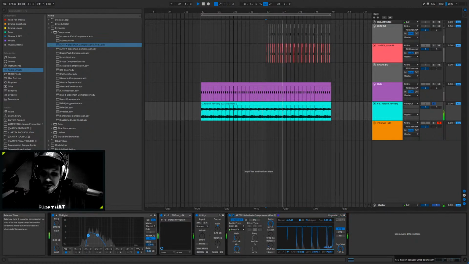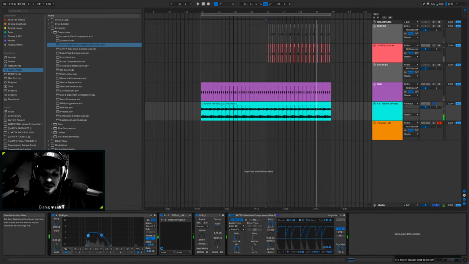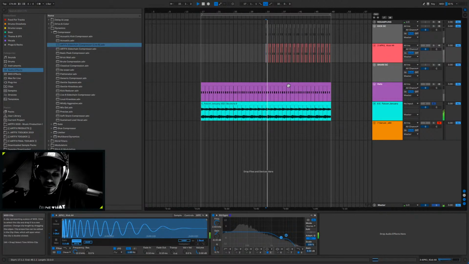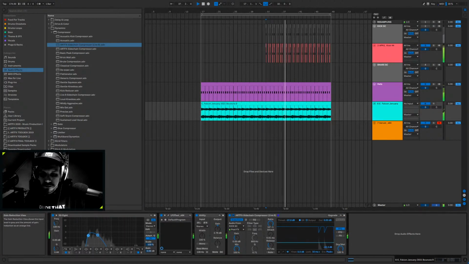So we could use it a bit more creatively and use a longer release time. That way the pad starts getting a sort of creative movement that follows the pattern of the kick drum. It's going to be very subtle, but